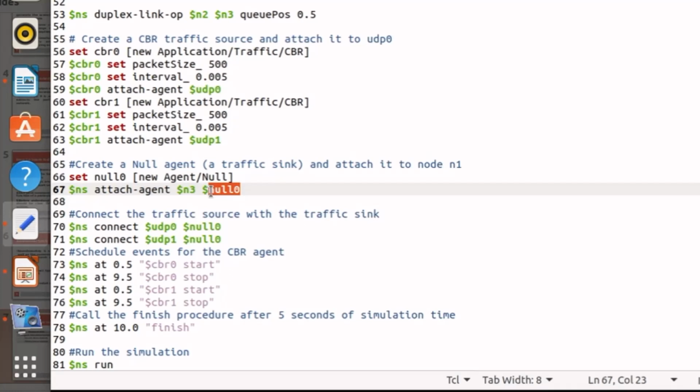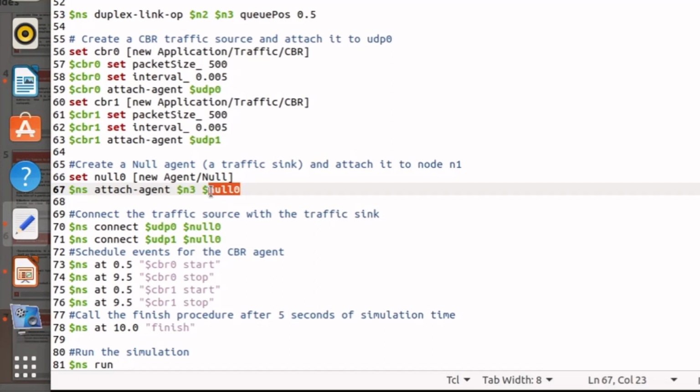Now, what we have done yet, I am repeating again and again so that everything will be clear to you. We have created 4 nodes. We have created a topology connecting some links between those nodes. Node 0 and node 1 are attached with UDP agent as well as a CBR agent.